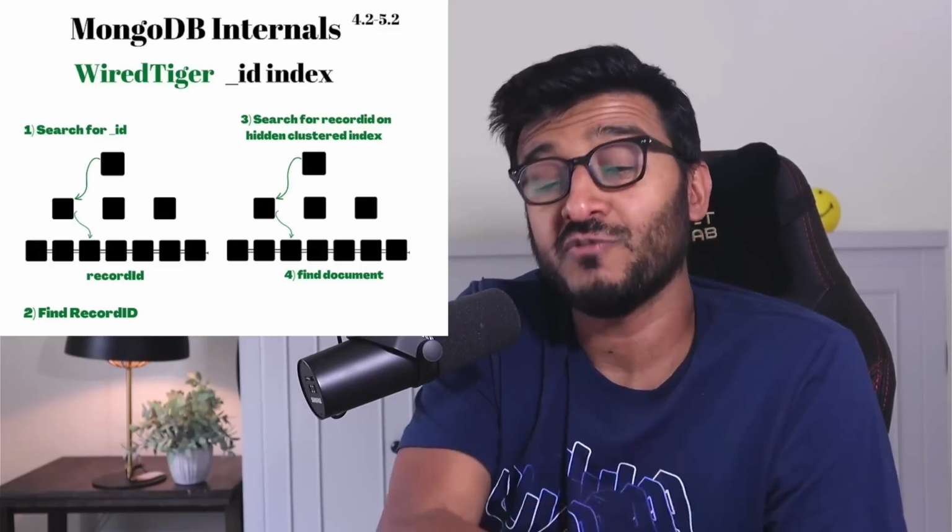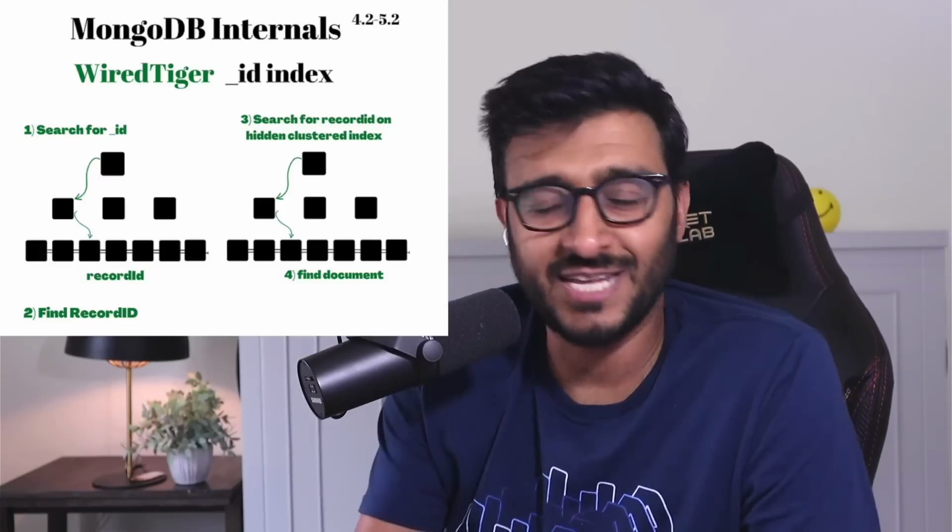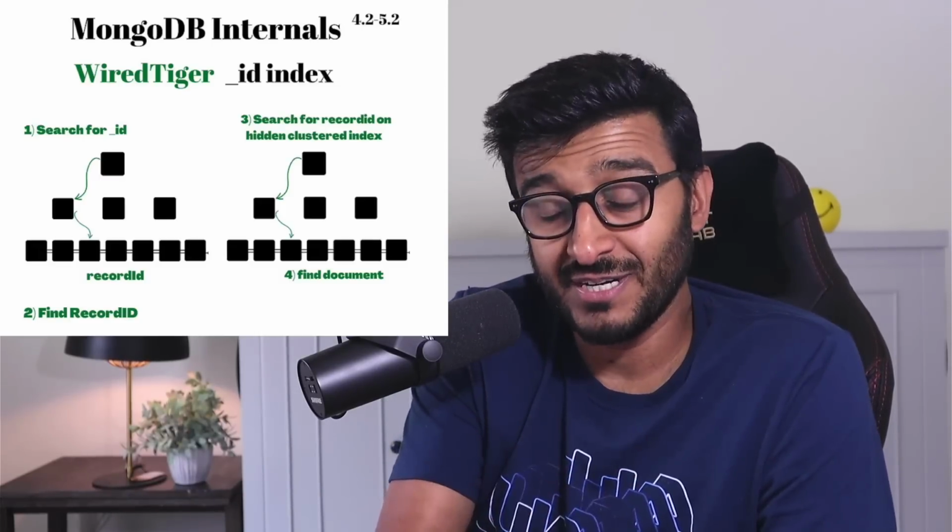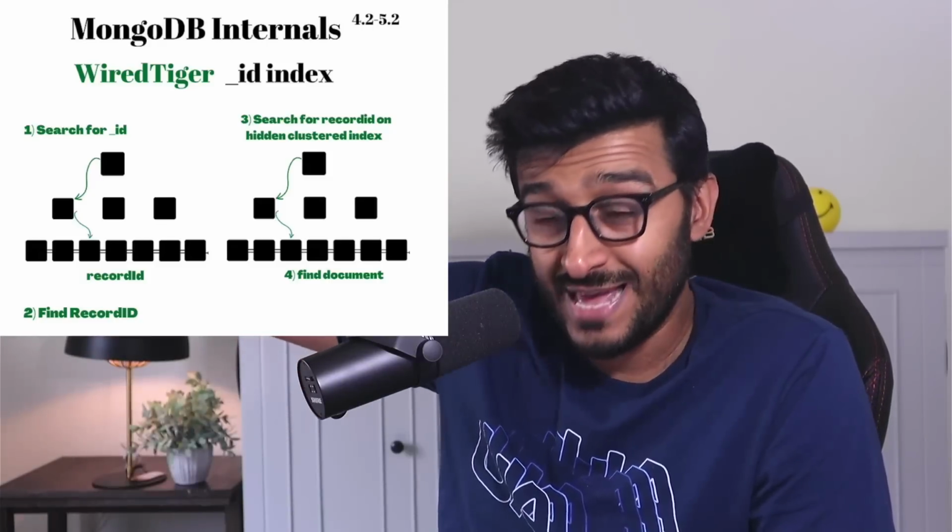You actually do 2 reads. And MongoDB documentation actually calls it reads. It's kind of an understatement because it's not just reads. It's 2 B+tree seeks. It's not the same as just a read. A read indicates that it's a single IO. Not really, right? A read here, or a B+tree seek, means you're actually traversing the internal nodes to find, on the ID index, just the record ID. Then that doesn't give you the document. You have to take that record ID and then go to the hidden index and do